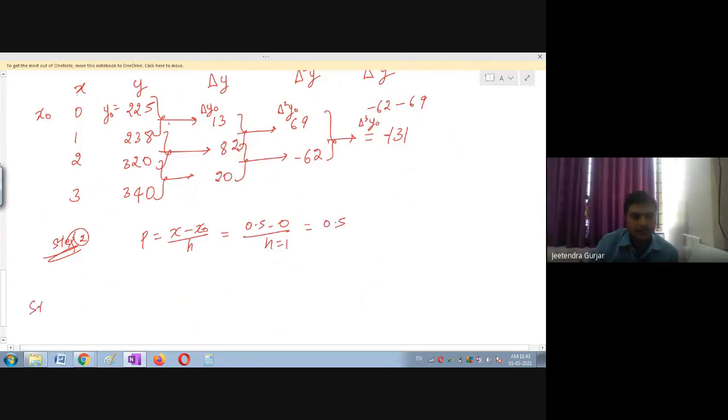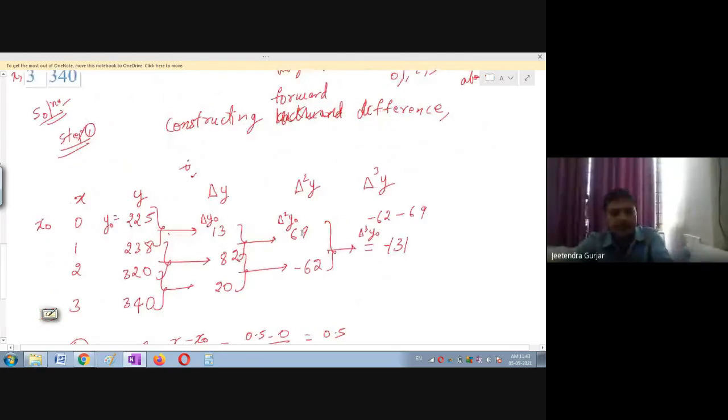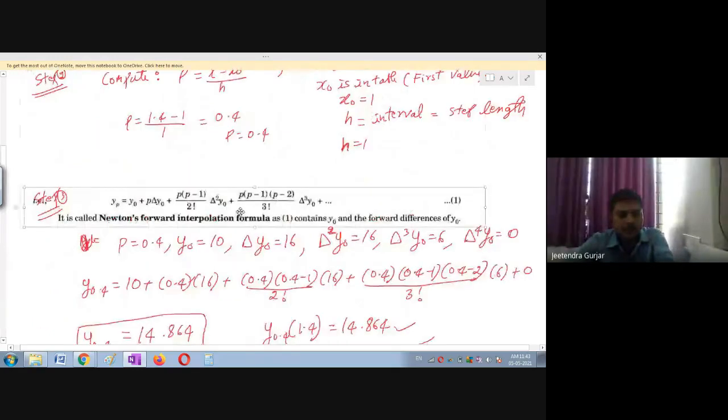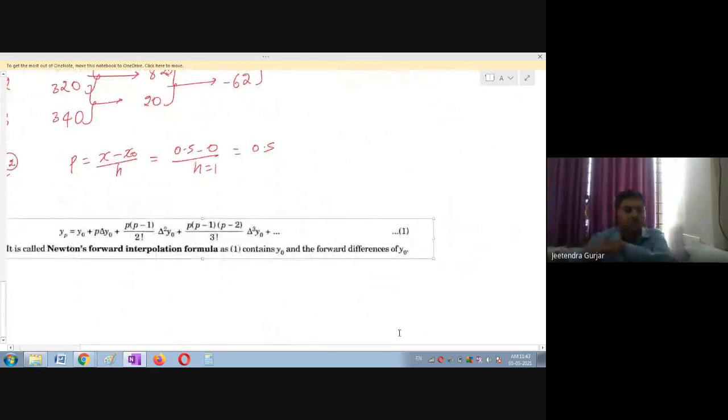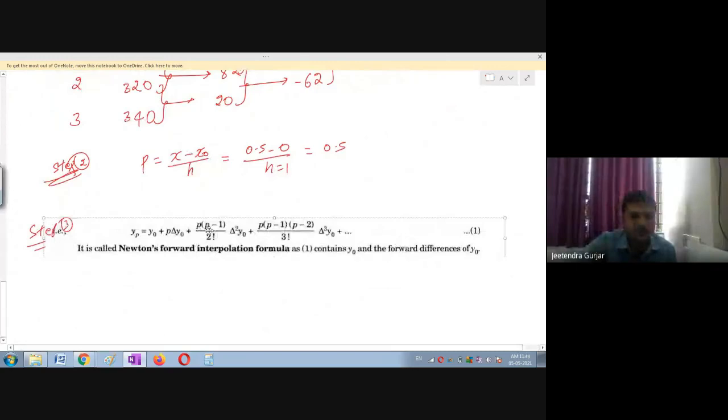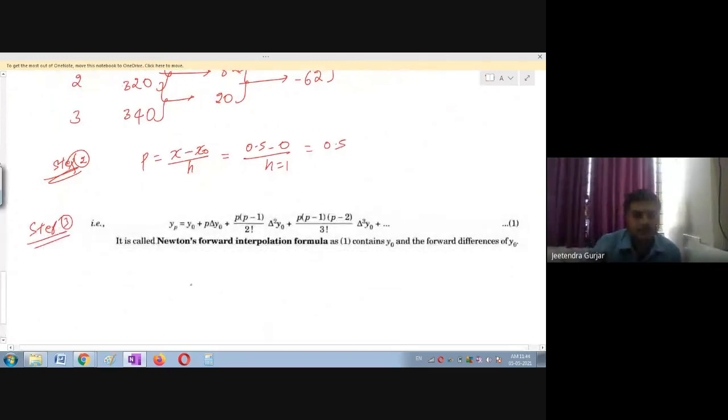Okay, step 3, use the formula. Please use the formula for the difference table. I will take the formula again. You can rewrite the formula once again. Use this formula, students. Quick, substitute all the values. As you know, you should know all the values. So therefore I will take this as y of 0.5, or we also write this as f of 0.5, which is equal to